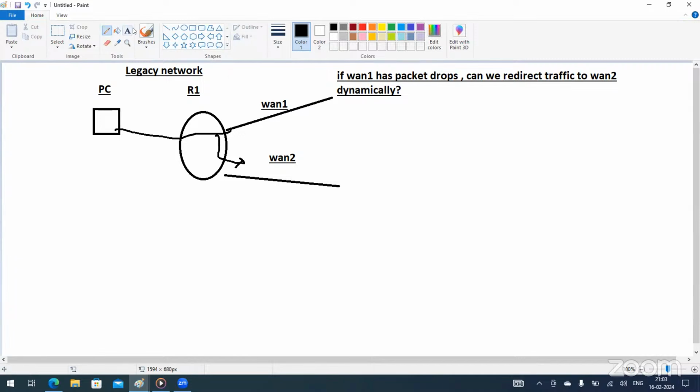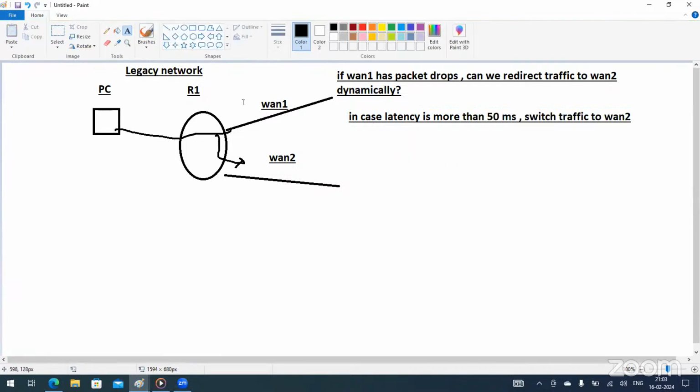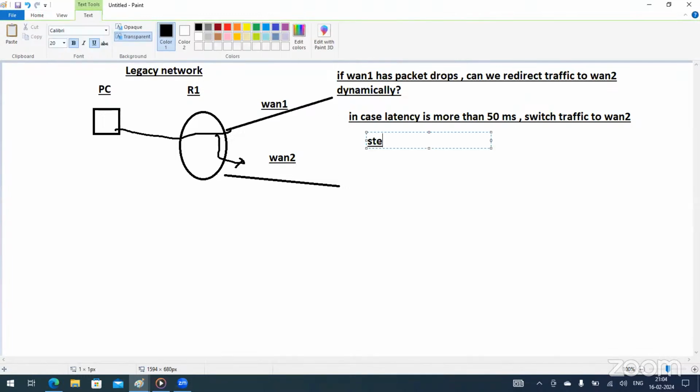We can define the threshold that in case latency is more than 50 milliseconds, then switch traffic to WAN 2. So it would keep monitoring the latency across WAN 1. If latency goes more than 50 milliseconds, it would shift the traffic onto the WAN 2. And as soon as latency goes normal, it would then switch traffic back to the WAN 1. So dynamic WAN selection. It can steer the traffic